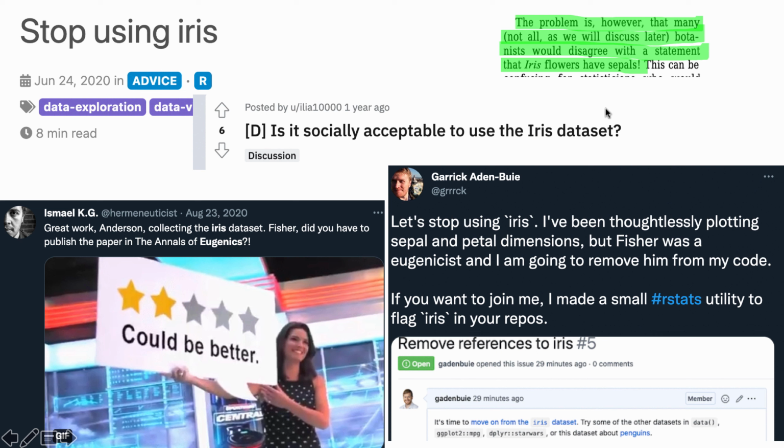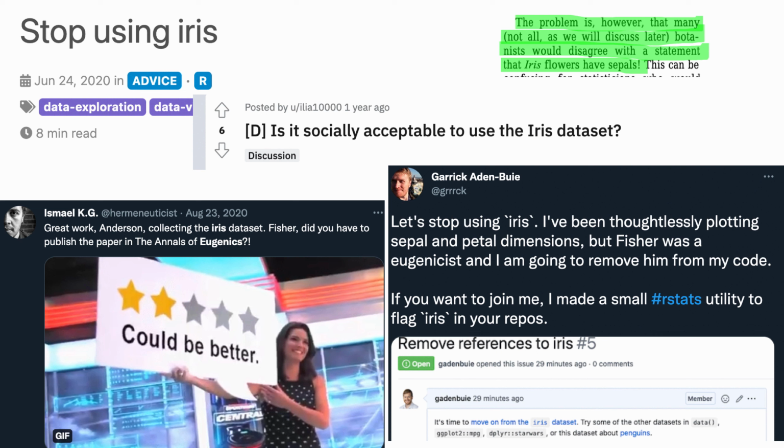So I read a paper thinking that the problem was going to be about the eugenics, like a lot of people talk about on Twitter, but actually there are other problems that people have with the data set as well. So some people argue, and I have no idea about this because I have no background in botany at all, but some of the measurements, some people argue, are not even part of that flower. So I don't even know if that's true or not, but I found that in a research paper that was published. So these are some examples of the controversy with this flower data set.